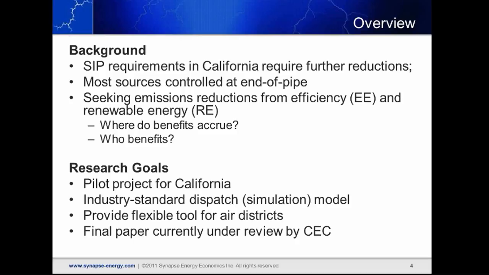And as Art raised at the beginning of this presentation series, the real question here is, where do these benefits accrue and to whom? We could potentially say that they accrue within California or the particular air district, but it's frankly unlikely that if a load center, such as, say, the city of Los Angeles, reduces their load requirements by a significant margin, that generators specifically within the city of Los Angeles, actually this is not necessarily true of them, but generators within the city of Los Angeles might not be the ones that actually reduce. It might occur elsewhere. So this is a pilot project that we engaged in for California.